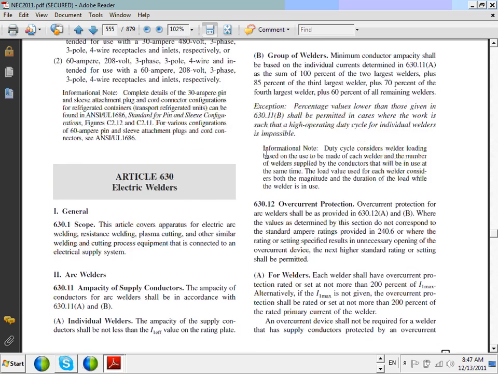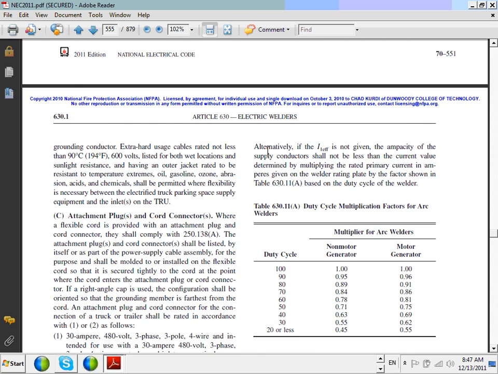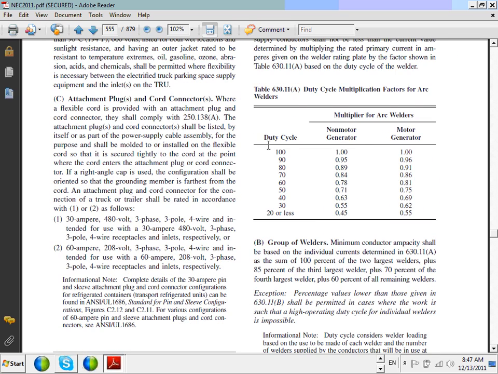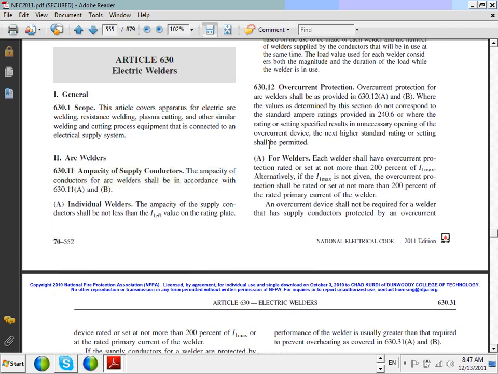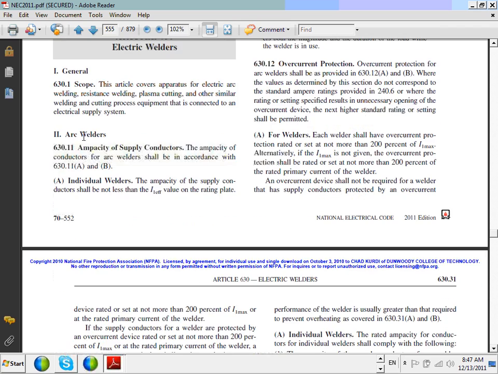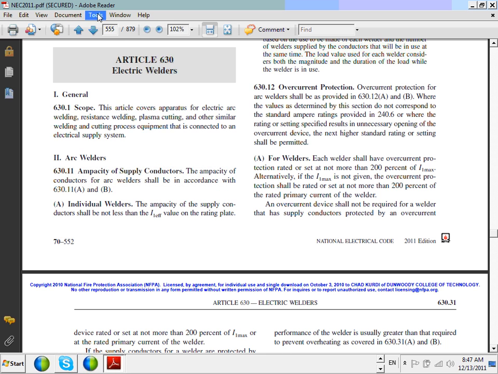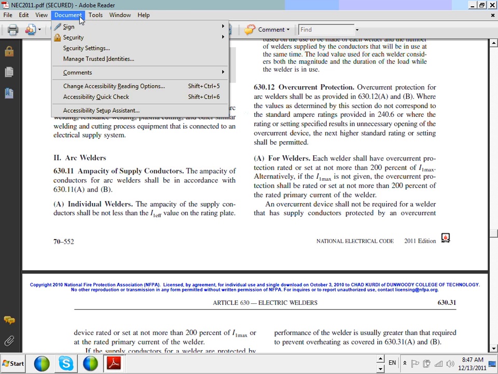Okay. Article 630. For Article 630, guys, we're going to talk about two types of welders as we move through. Arc welder. So if you do me a favor, highlight the first thing I would like you to highlight in this article as